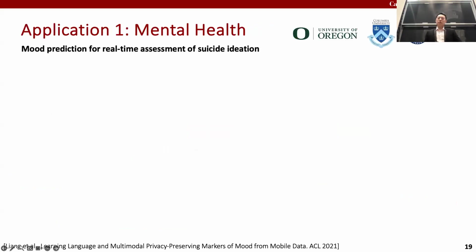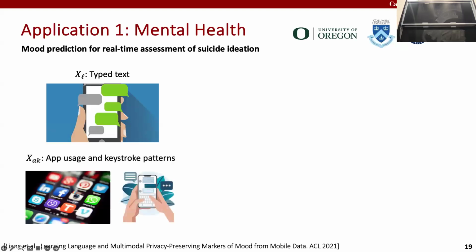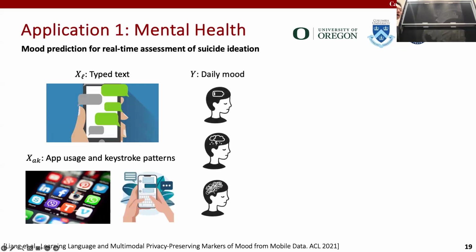And finally, to wrap up the first part of the talk, I want to highlight some of the real-world applications we did using some of these frameworks. The first application is that of mental health. The goal is to look at patients at risk of depression, and they've given us access to the data, the text that they're typing on their phones, and also the way they were typing, what applications they were using, and their speed of typing these words on the phone. And the context was to understand the daily mood of these patients so that we can help these psychiatrists in treating these patients at risk of depression.